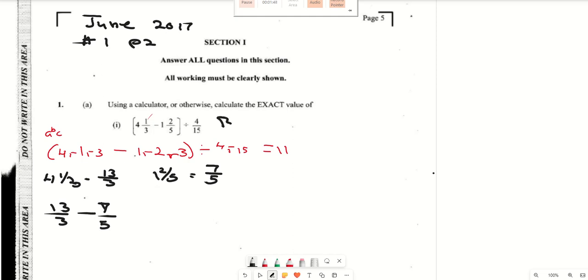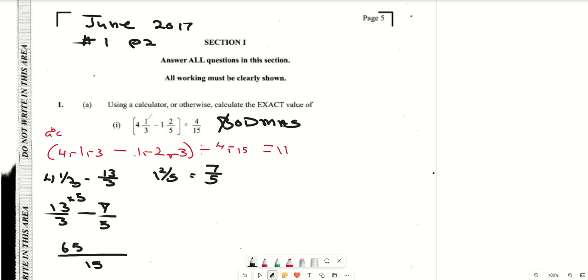Again, remember we always follow BODMAS, so you'd have to do brackets first, which is this part first. We see that the denominators when we're subtracting are different, so you find the LCM. We also notice that the denominators are prime numbers, so if your two denominators are prime numbers, you just multiply them to get your LCM. 5 threes are 15. How many times could 3 go into 15? 5 times. So it's 13 times 5, which is 65. How many times could 5 go into 15? 3 times. 7 times 3 is 21. So now we have 65 minus 21, which is 44